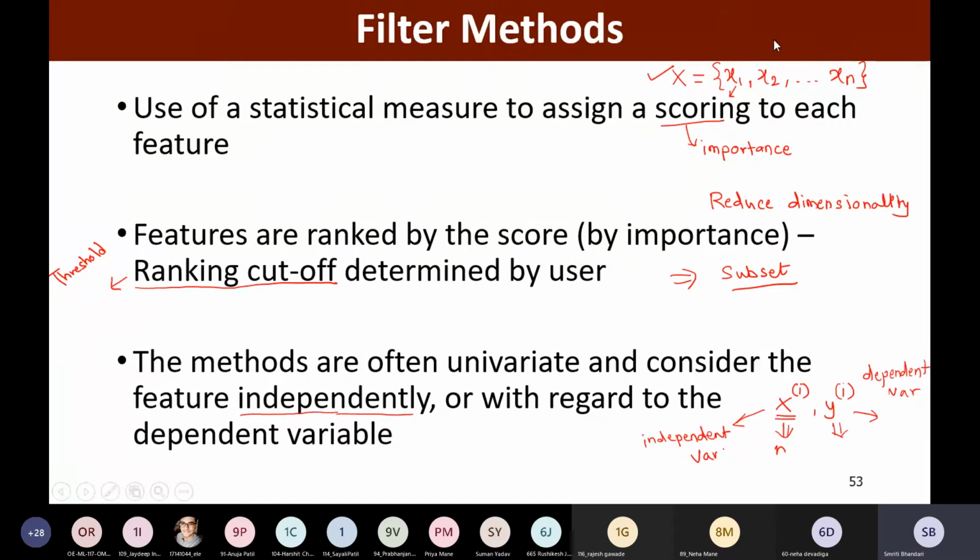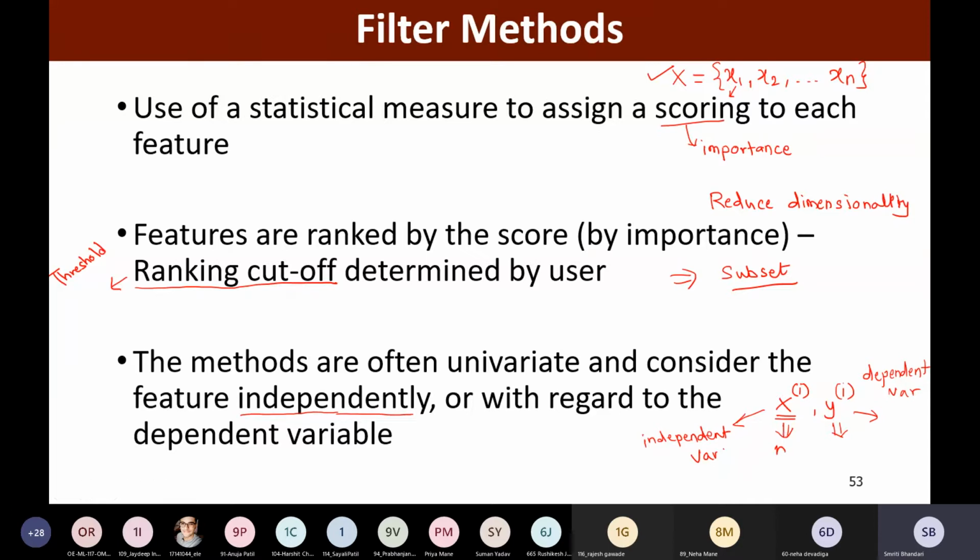So you must have understood now what we are trying to do. We are having our training data set in the form of xi, yi. Xi is a feature vector, yi is the label if it is a classification problem, or the target variable. So yi is our dependent variable and all the features are the independent variables.